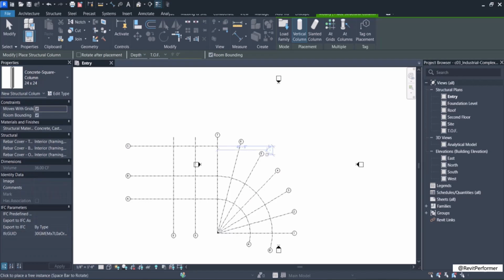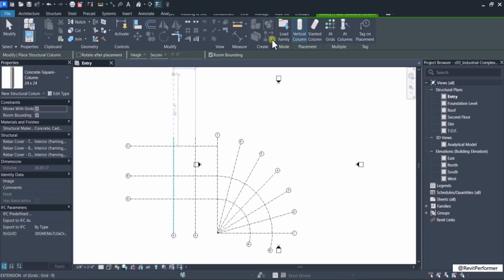Now we are going to see the next section, that is adding structural columns. In this section, you will add new and existing structural column types to the project. To do so, select the height option from the first drop-down list on the left in the options bar and ensure that the second floor option is selected in the other drop-down list.